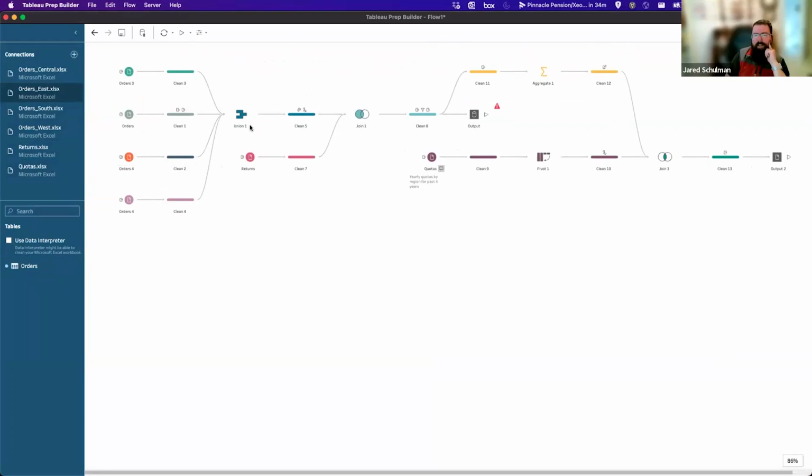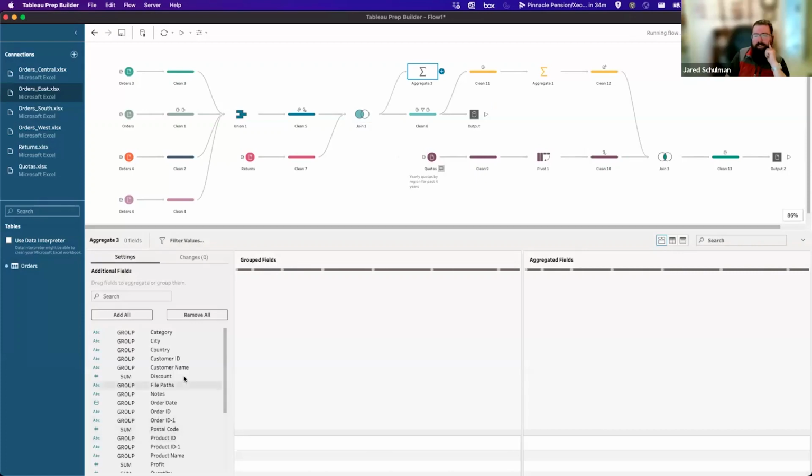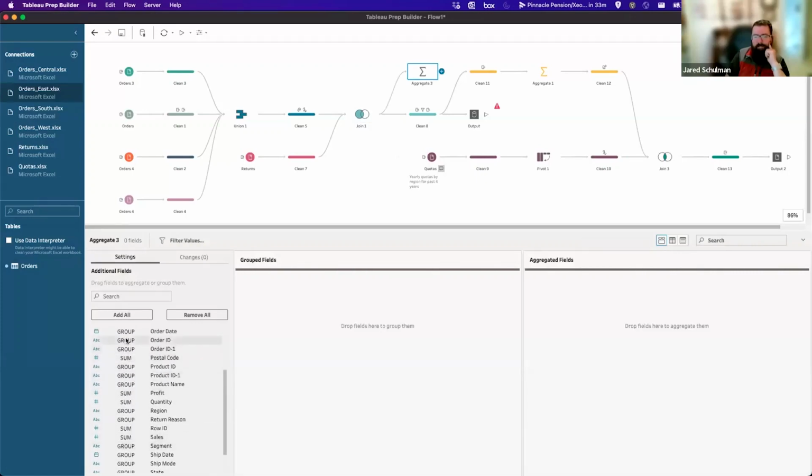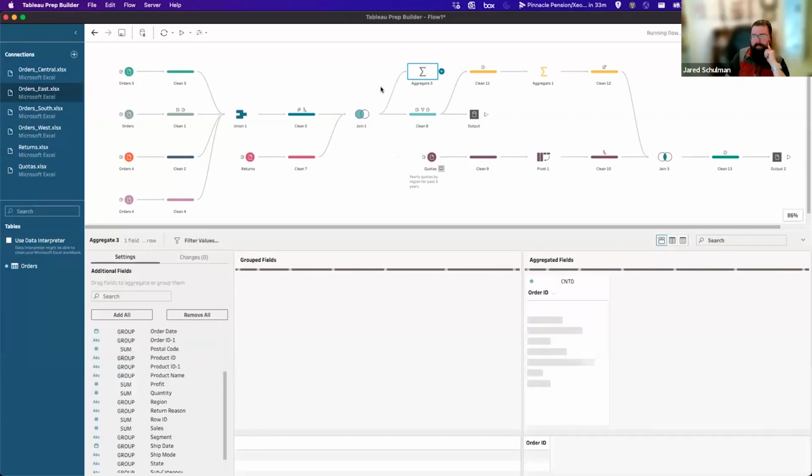I'll also use that a lot for validation. So if I want to see, okay, what's my count of order IDs at any point in the flow, I can just take a distinct count on this aggregate and say, all right, there's 5,003 here.